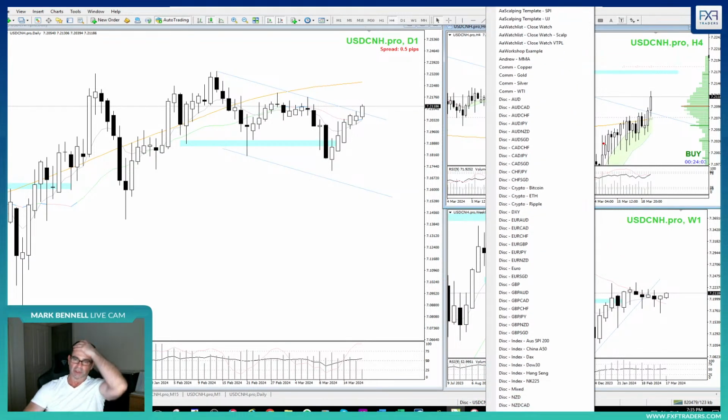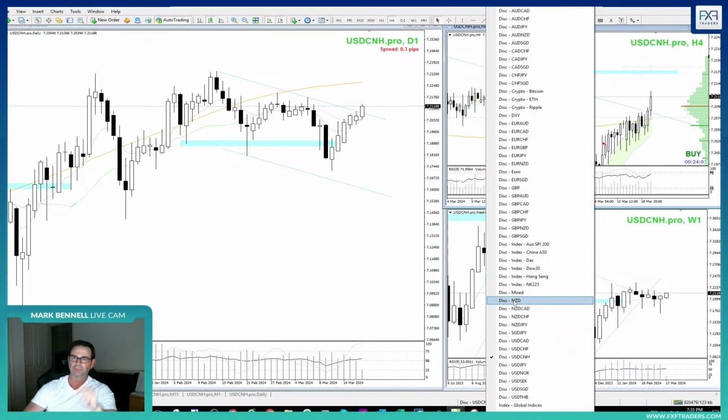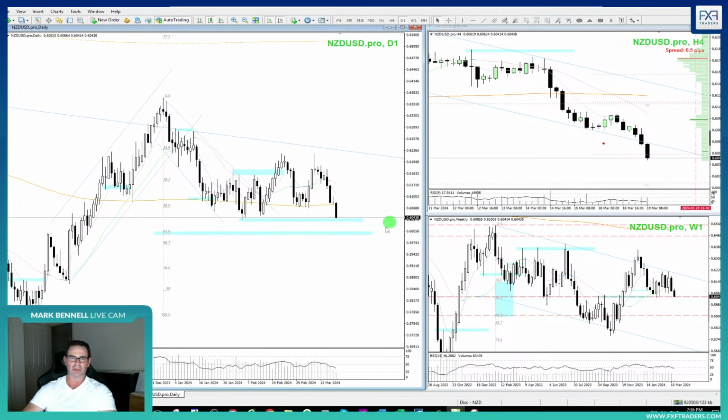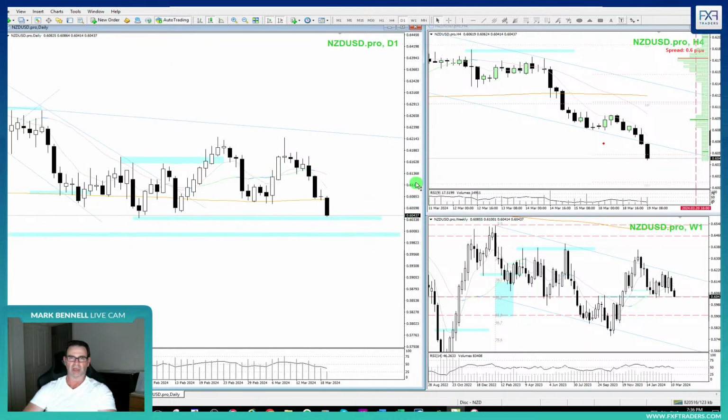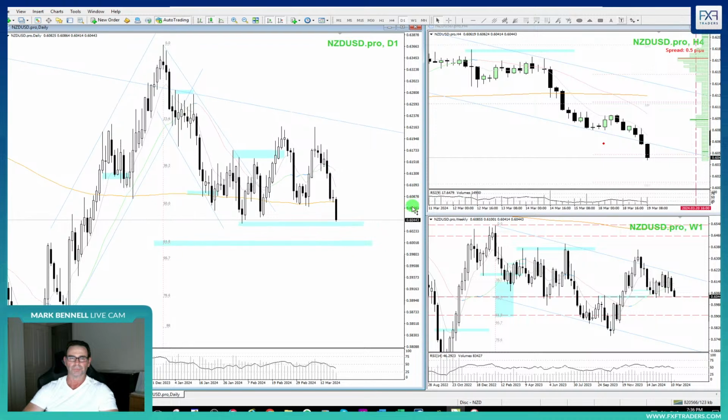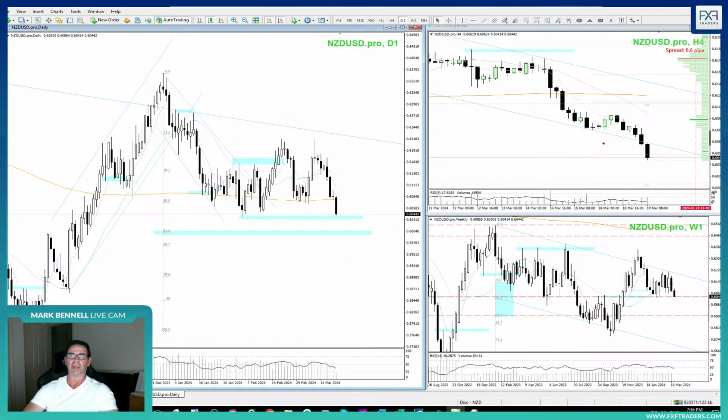So we've got some New Zealand weakness. New Zealand dollar in itself is testing this level. Yes, it's a very big level. Yes, it's an obvious level. Yes, it's slightly extended into it. So this could be probably a story for the next couple of days. But I think this is worth watching because also the weekly has now entered a downtrend. So I've got that multi time frame